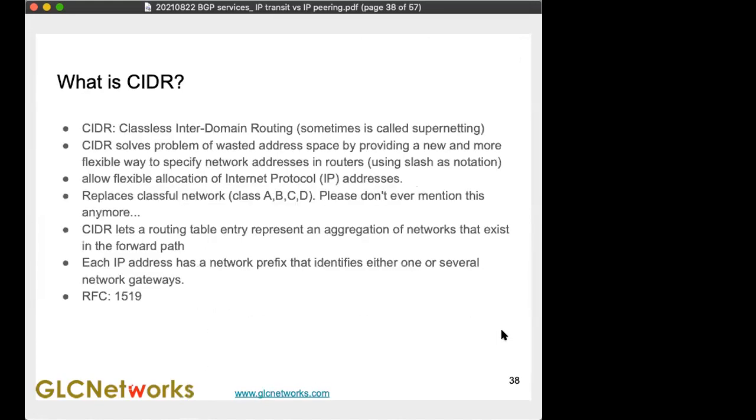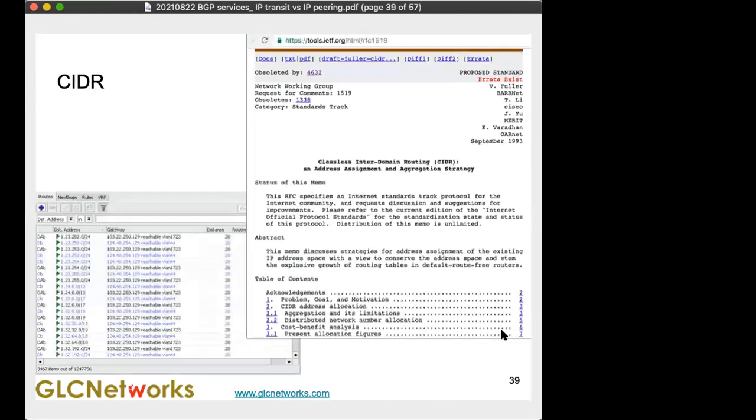What is CIDR? CIDR, because we already use VLSM. So that's why in routing, we need to be aware of that VLSM. So that's why we use classless interdomain routing. So CIDR. The RFC is 1915. Okay, so with CIDR, every router, like this is one example of a router,